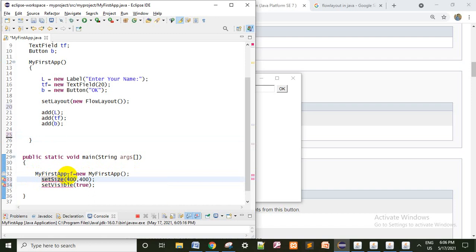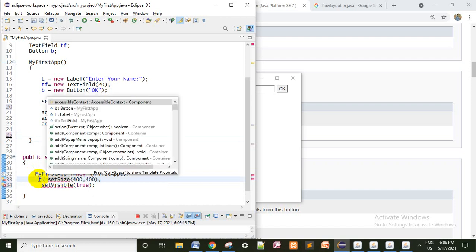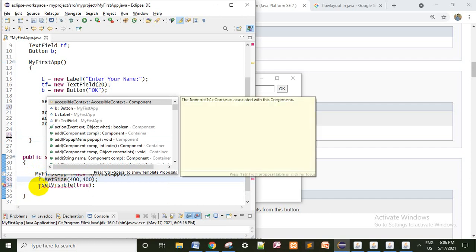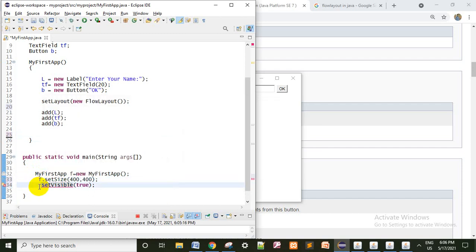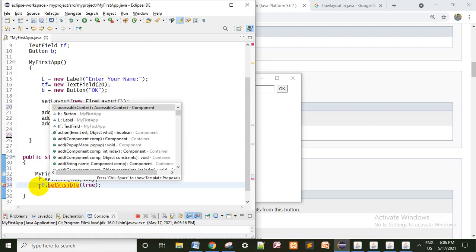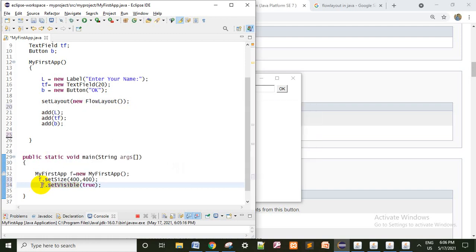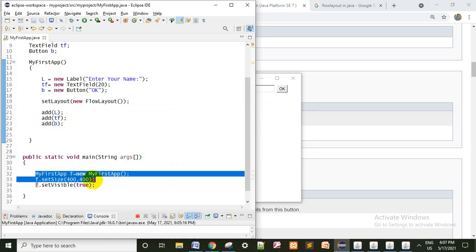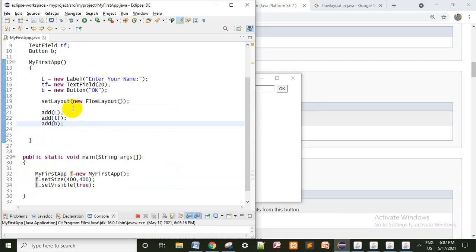So we need to set the size for the frame, for that we are using object f dot, then we need to set visible for the frame like this. You can use any one method. You can keep it here also, no problem. Once you keep it, that is fixed. So you can create it like this also.